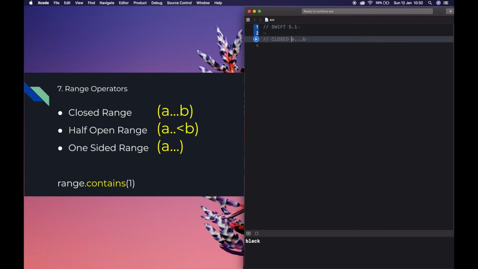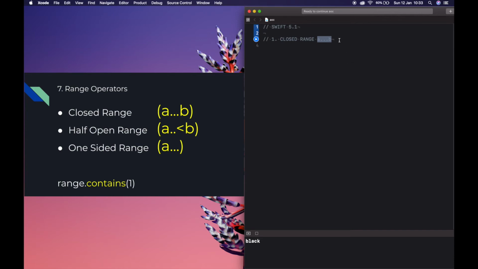Closed range. The closed range operator defines a range that runs from a to b and includes the values a and b. The closed range operator is useful when iterating over a range in which you want all the values to be used.